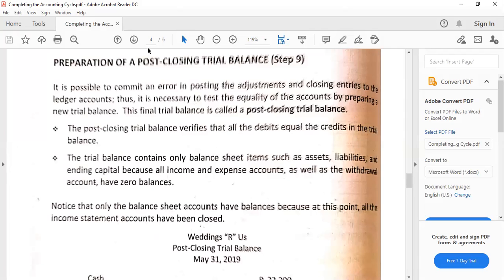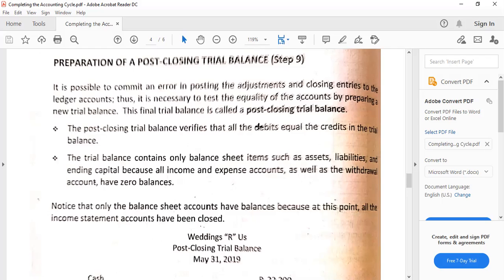Now, from the term itself, post-closing, meaning this is after. Post means after, that's a prefix. Closing, which is clearly what we did. So after we closed the nominal accounts or temporary accounts or income statement accounts, which are the income, expenses, and drawing to the capital account, including income summary or income and expense summary, of course, we now prepare a trial balance, which would show to us the remaining accounts, which are the real or permanent or balance sheet accounts, namely assets, liabilities, and capital or equity, or net assets or net worth.